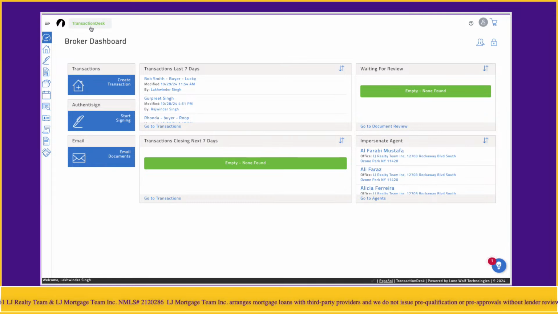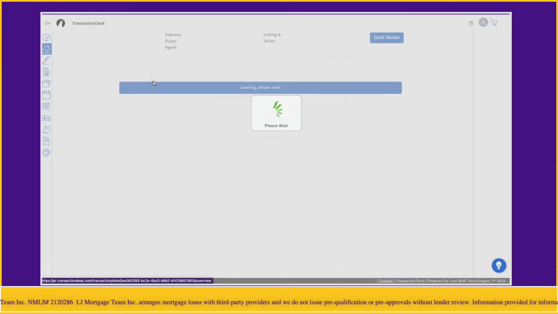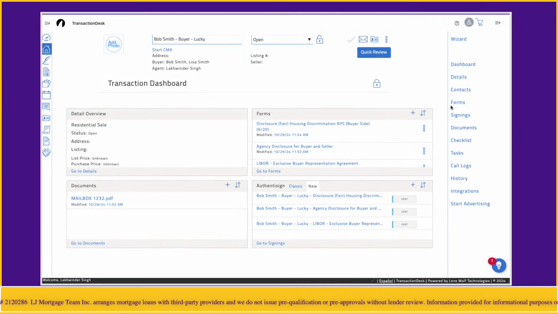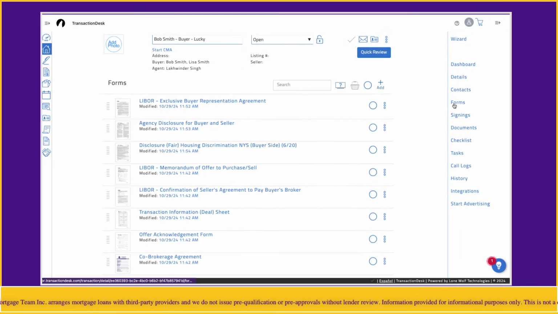No separate login for this. So you want to go back to your file for Bob Smith. I want to click on Forms, and now I want to look for where it says LIBOR Memorandum Memo of Offer to Purchase, right? So basically, Memo of Offer to Purchase. We're clicking on that link,